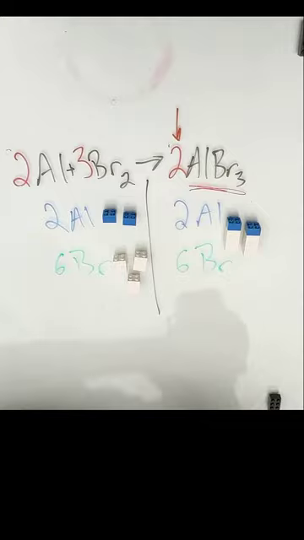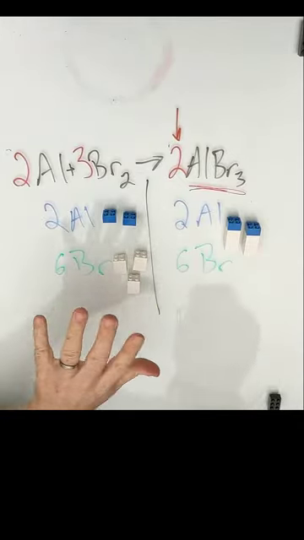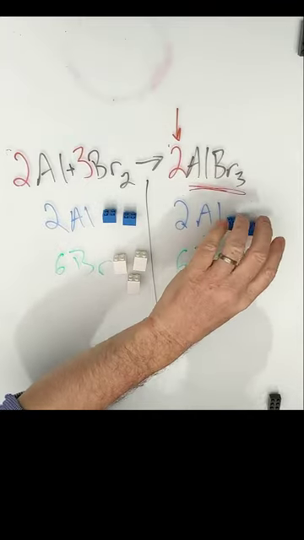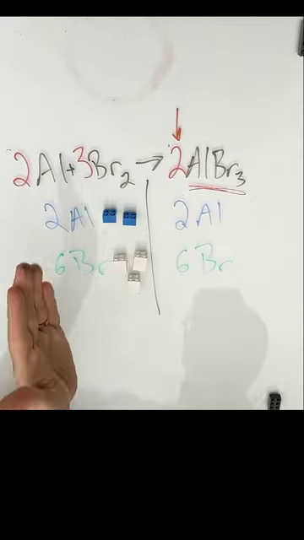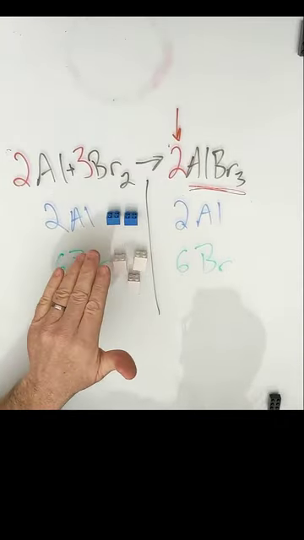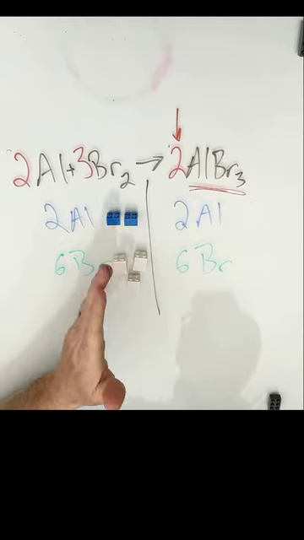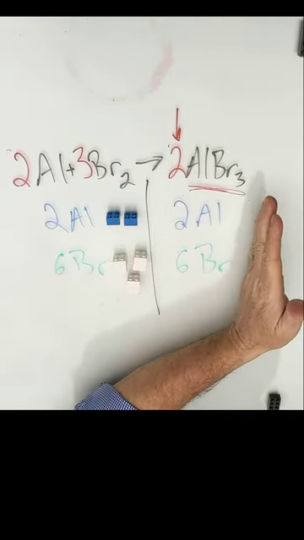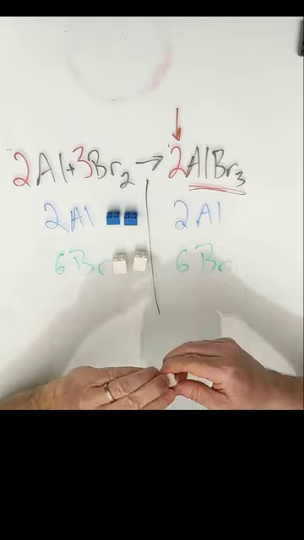all chemical reactions are. They're just moving atoms around. So if I wanted to, and this might be helpful to see, let's just say, because remember what we're doing in this reaction is we're starting with 2 aluminum atoms and 3 bromine molecules with 2 bromines each, and we're having a reaction that creates 2 units of aluminum bromide. Well, if I take these apart